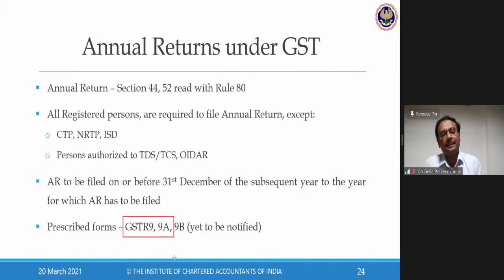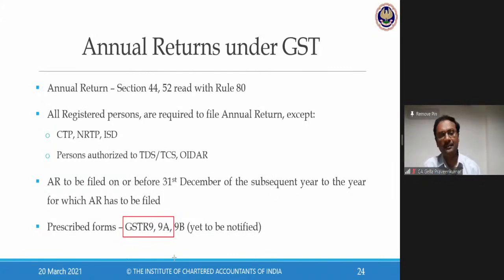I'll give an example. Financial year 18-19, ABC and Co. have registered under the composition scheme. During September 2018, this ABC and Co. have exited out of composition and got into the regular scheme. Why? They have violated either one of the provisions or the threshold limit of turnover has been exceeded. Now, examine what return has to be filed under annual return. The answer would be, for the first period of 6 months, ABC and Co. will file GSTR 9A.